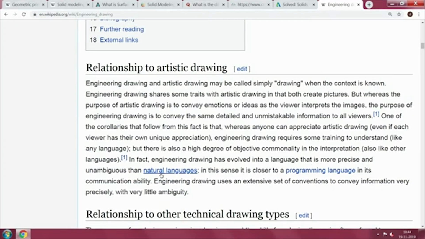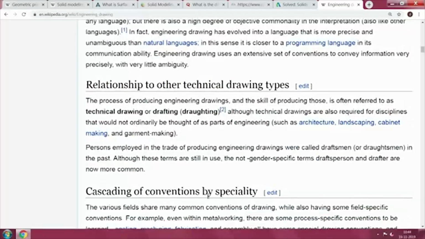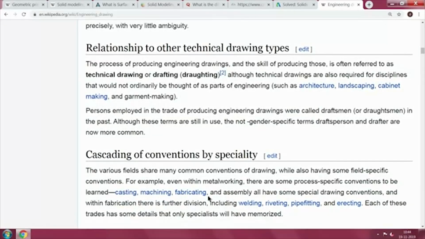Engineering drawing evolved into a language that is more precise and unambiguous than natural languages, closer to a programming language in its communication ability. It uses an extensive set of conventions to convey information. And if you go down to technical drawing or drafting,